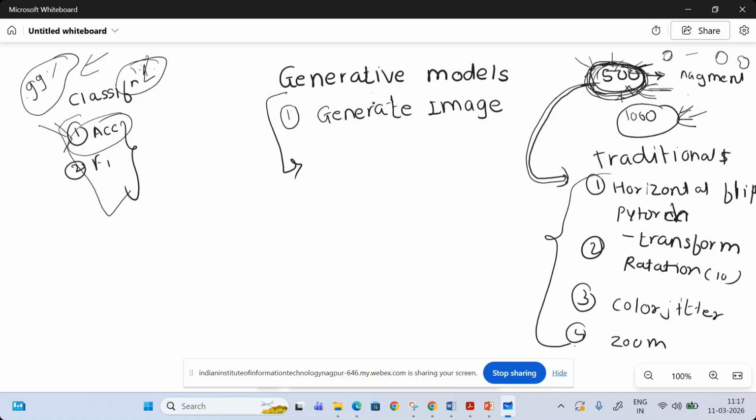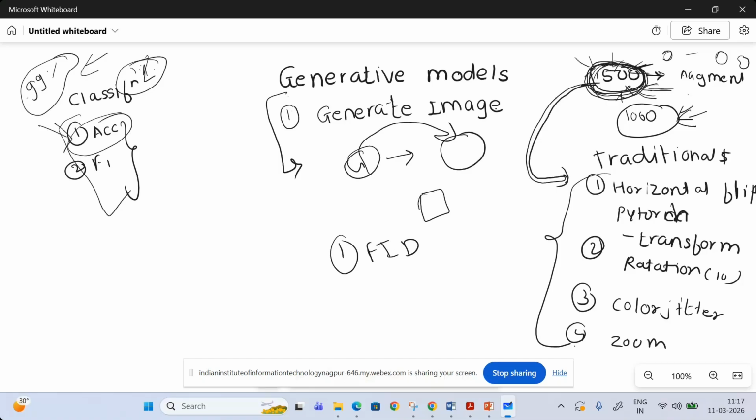But in case of a generative model, how will you analyze these models or calculate the performance? You are actually generating images. The main purpose is generating images. You are taking the original images and generating newer images from this data set. Whatever images you are generating, you need to tell that your generative model is correctly generating the images. That should be your answer to measure the performance. So how will you evaluate that? For that purpose, there are different evaluation metrics. I can say that there is the FID score. Whatever zero numbered image you are generating, that image should be very, very much closer.